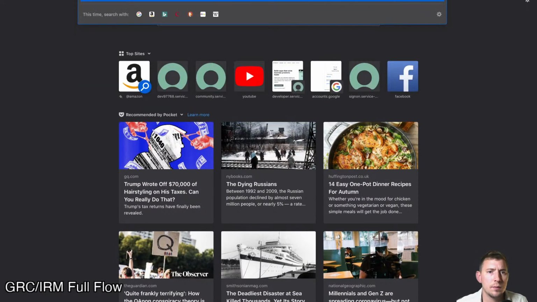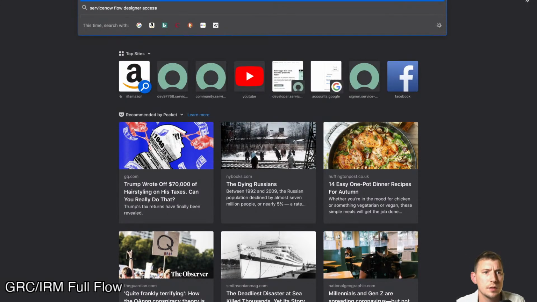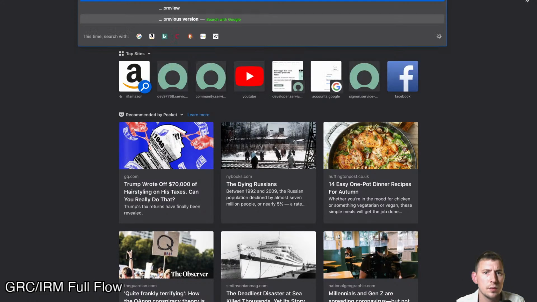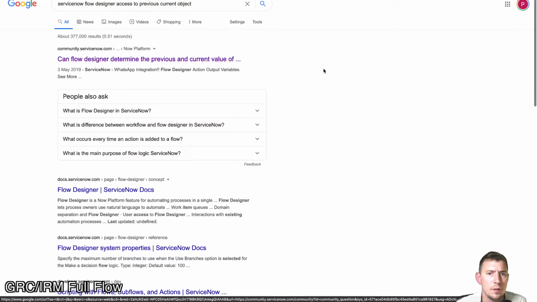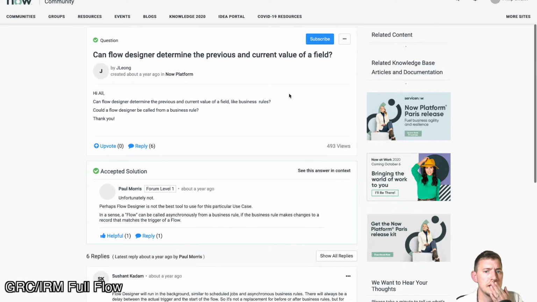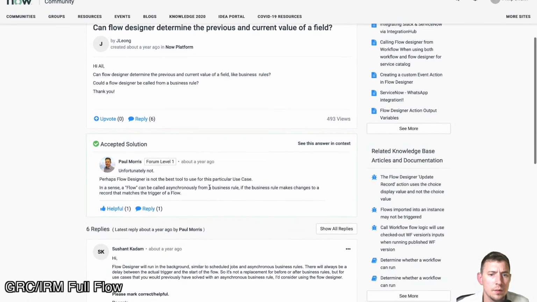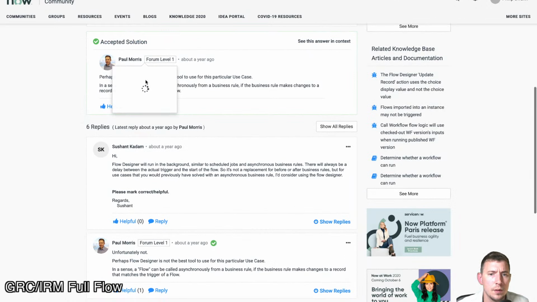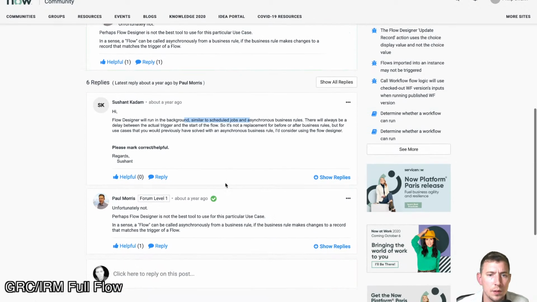ServiceNow Flow Designer access to previous and current object. Can Flow Designer determine the previous and current? Unfortunately not, because it could be asynchronous. Things have moved on since a year ago, but